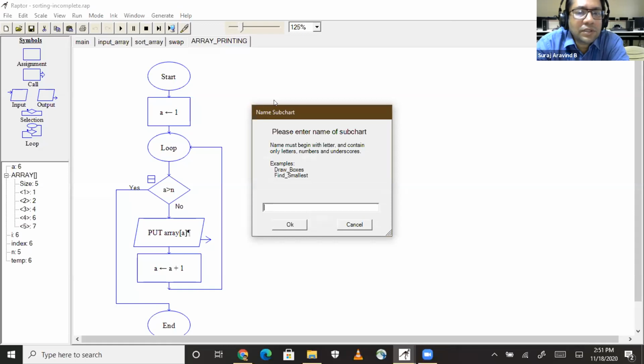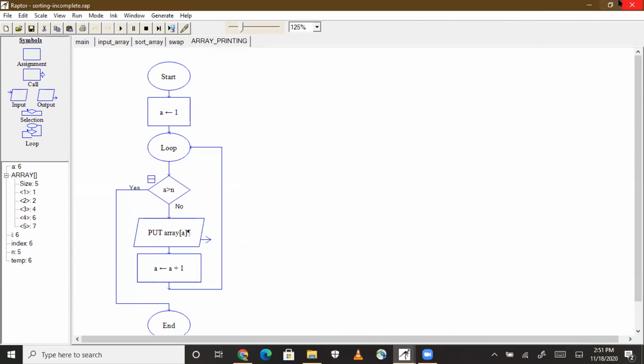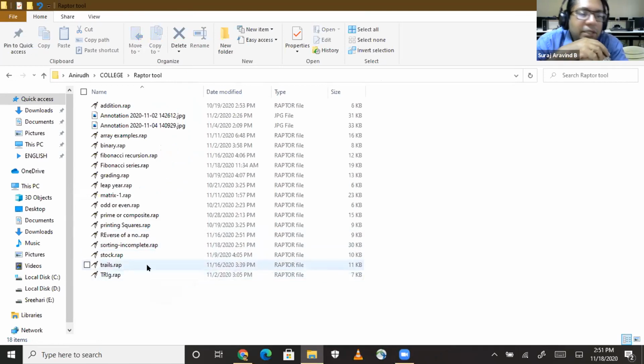Cancel this. Create a copy of the entire Raptor flowchart, the entire file itself. This will be a sorting program. Close this entire Raptor. Please close it. Let me save it. Save. Make a copy of it, duplicate this.